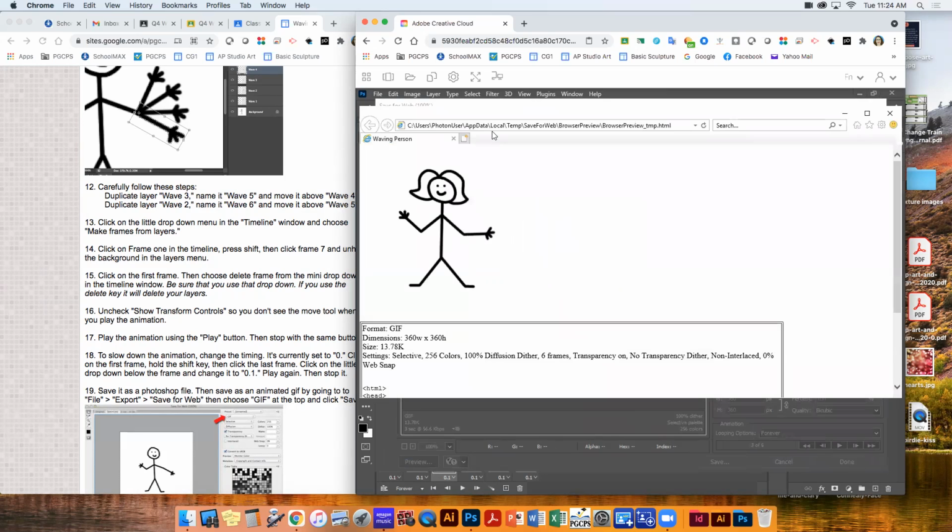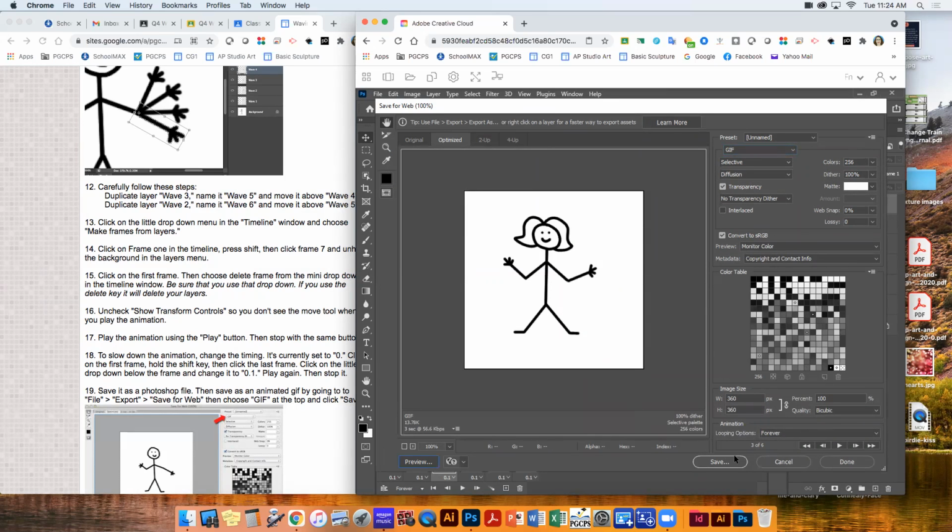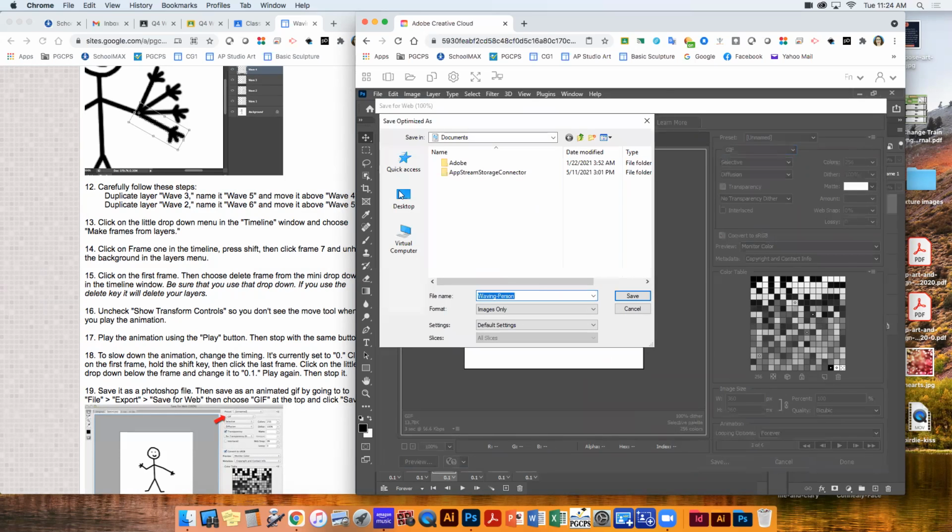Whoops. That just opens a web page. But you don't need to. So if you save it as a GIF, you just say save. And now it's going to go into,